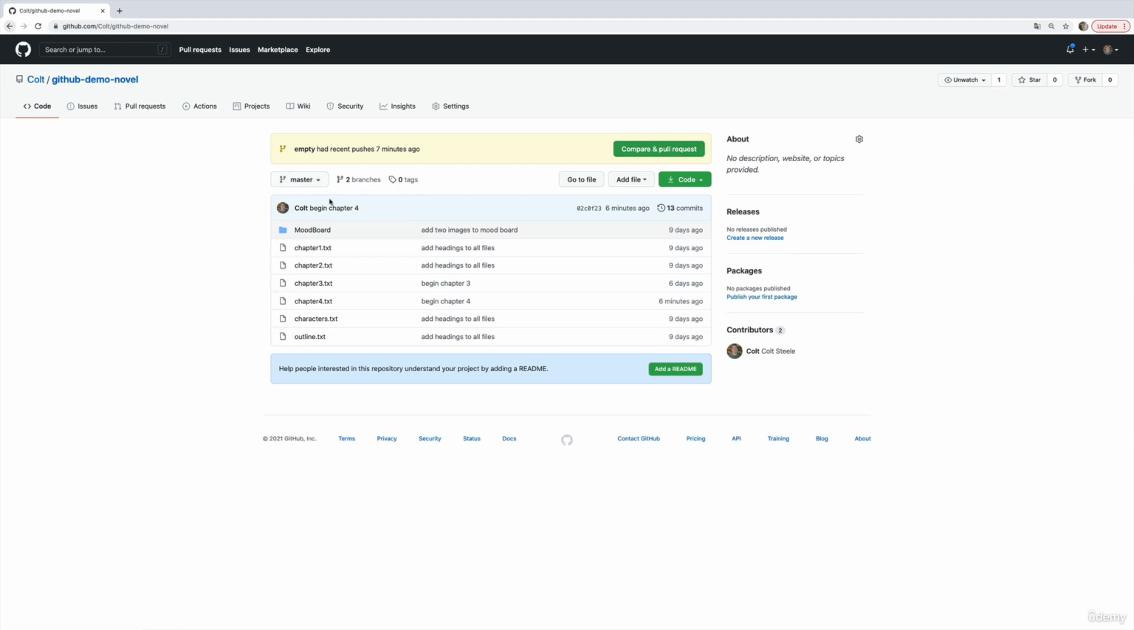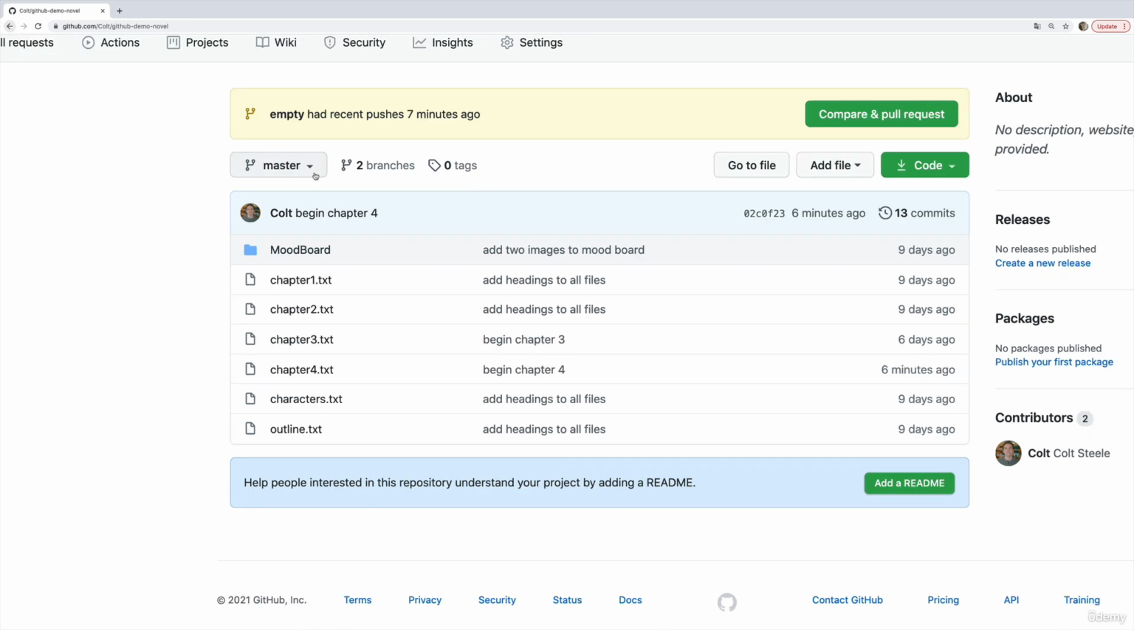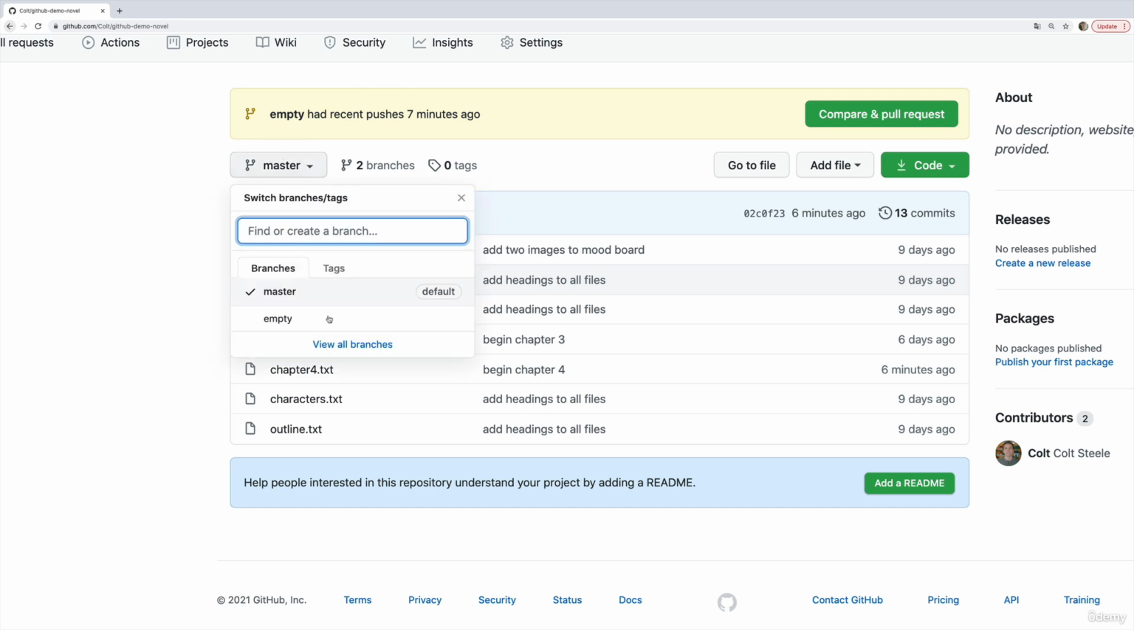Switch branches here, that's probably the most hidden thing that sometimes students miss. If you don't see your changes showing up, and if you have multiple branches, make sure you switch to the correct branch to see those changes. Okay,